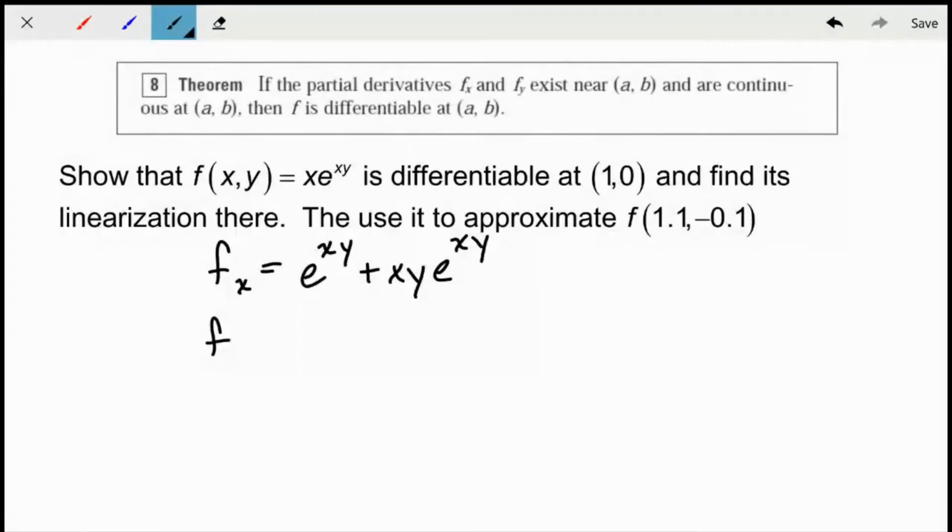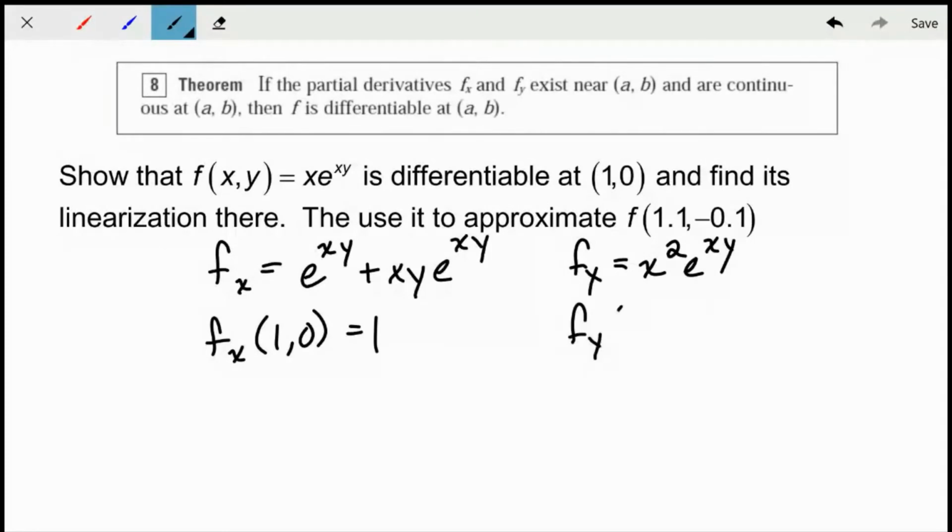If I evaluate that at the point (1, 0), I get a value of 1. Okay, so I have an x partial. My y partial is actually equal to x squared e to the xy. And if I evaluate that y partial at the point (1, 0), I'm going to end up with a value